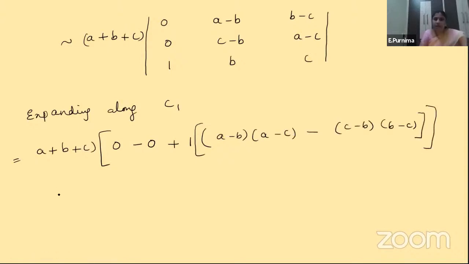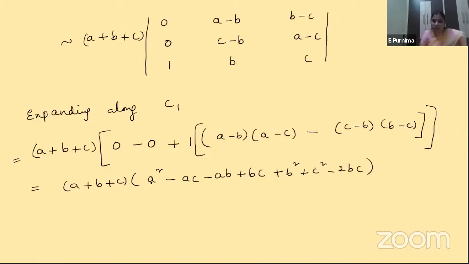Okay. Now this is equal to A plus B plus C into this one. 1 into this one is the same term we get, children. So directly I am writing here A square minus AC minus AB, minus into minus is plus BC. Okay. Now here both are same, but only the sign difference is there, children. Here B minus C is there, here C minus B is there. So if you take minus common, that becomes B minus C. So that minus into minus becomes plus here. So B minus C into B minus C means what? B minus C whole square. So let us expand it. B square plus C square minus 2BC. Is it clear? Now, can you cancel anything here, children?